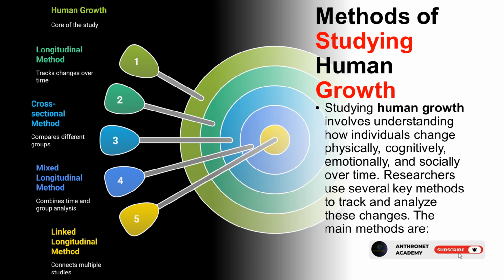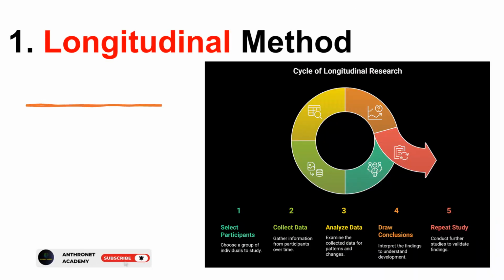Studying human growth involves understanding how individuals change physically, cognitively, emotionally, and socially over time. Researchers use several key methods to track and analyze these changes. The main methods are: